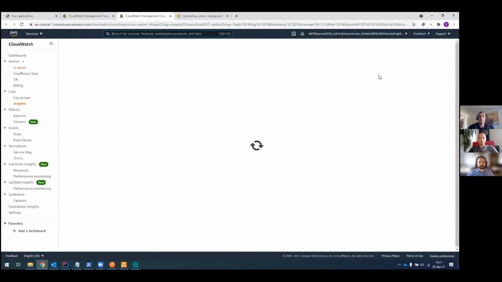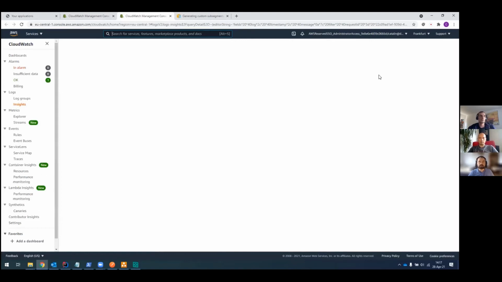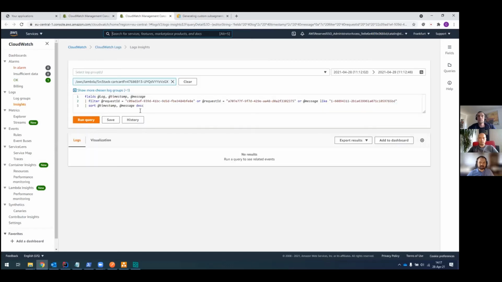Right. So no matter how many services, microservices you have, how many components, it means that when a customer requests something, I can see all the logs from all of them in one place for that customer. Exactly. Perfect. So that is really a game changer. And I'm sure everybody debugging production issues will agree with that. So again, my computer is a bit slow because I'm sharing my screen. But we can see that we have request IDs, and we can play around with an SQL-like syntax, let's say, and we can run queries on our logs.